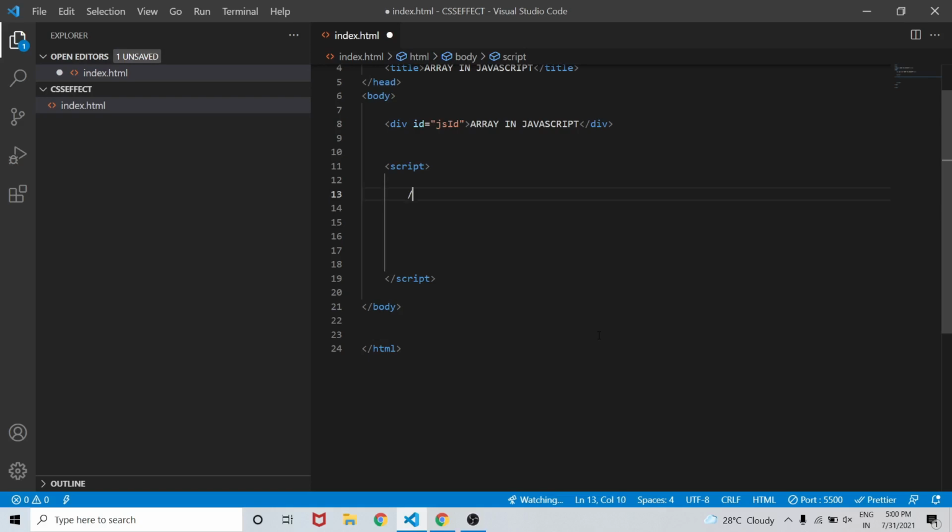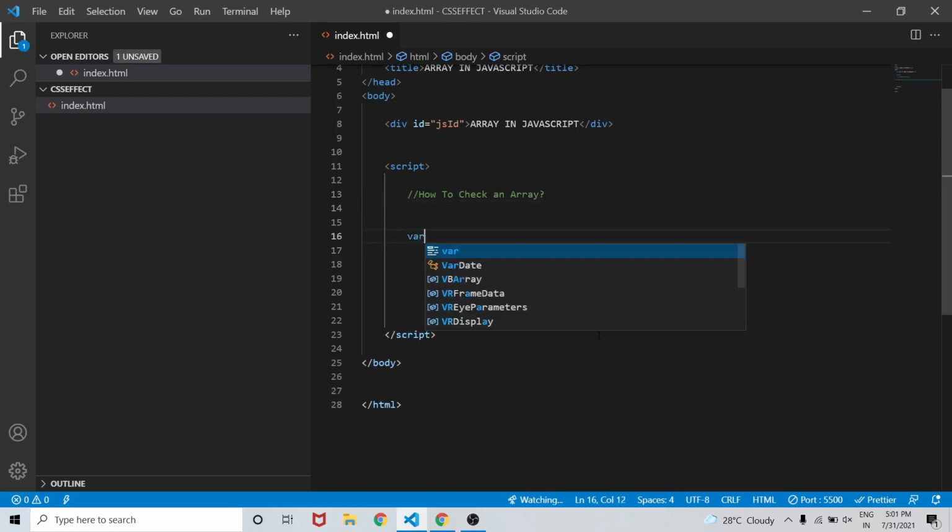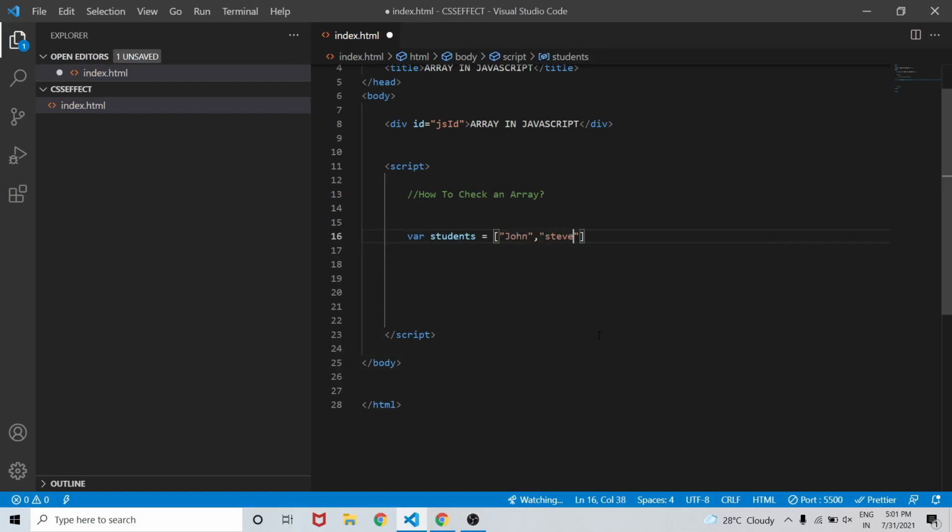Now we will learn how to check if a variable is an array or not. In order to check that, we will first declare an array, our students, equals square brackets, and inside that some elements: student names Sean, Steve with a capital S, and then Jason.